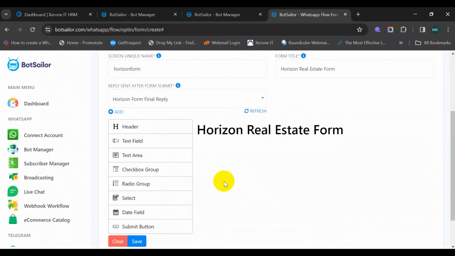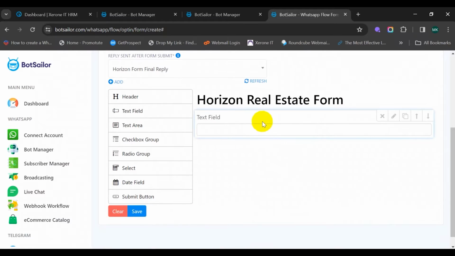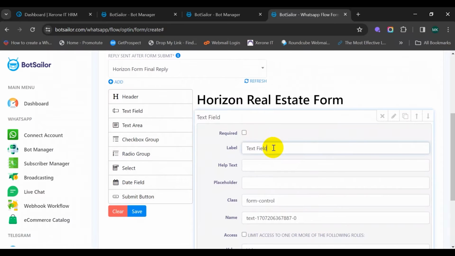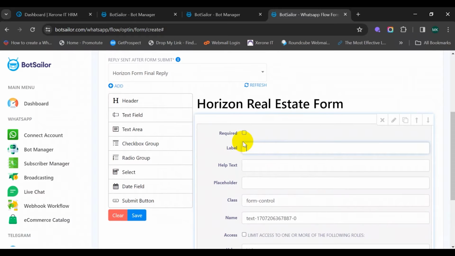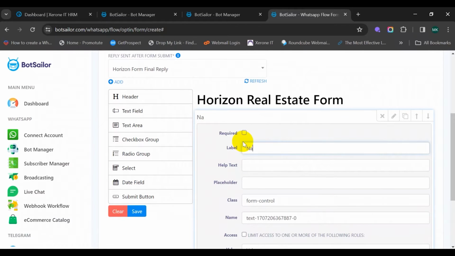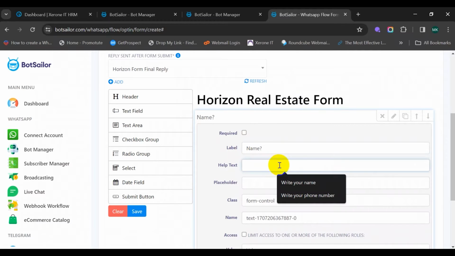So I'm going to set some general questions for the form to help you understand how to do it. So first, drag a text element and double click on it to customize it. Label, I'm going to write name as a question, and the help text means just a guidance for the question, like what to answer for the question. So you can set it up over here in the help text. So I'm going to write your full name,